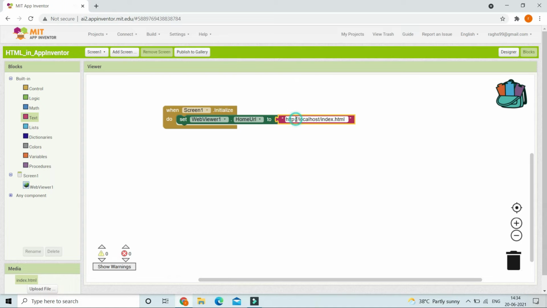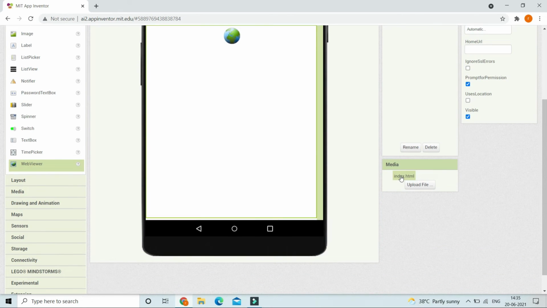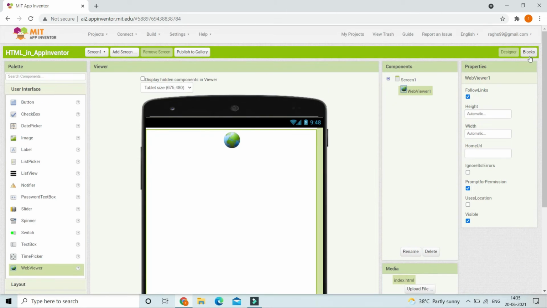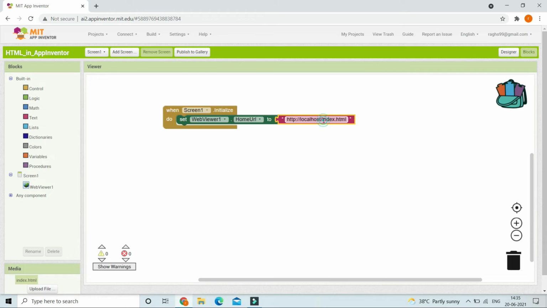So this is the location, http and then localhost. And then here you need to put the name of your HTML file. So now you can see that the name of my HTML file is index.html. So here you can put the name of your HTML file and then you can put .html, which is the file extension. Now let's test the app and let's see if it is working.